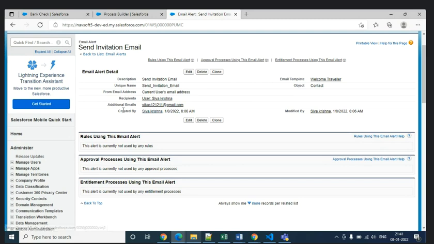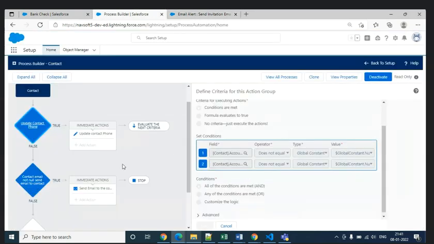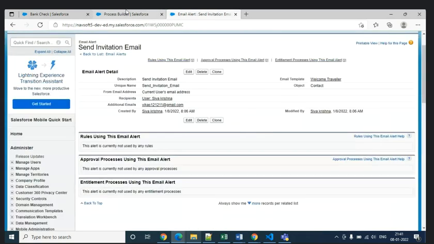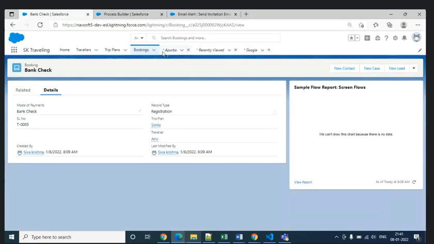Okay, why do you think it was not received? The reason is the condition is yet to be satisfied. What is our condition? Contact email ID does not equal empty. So we are creating a contact; it should create a contact.